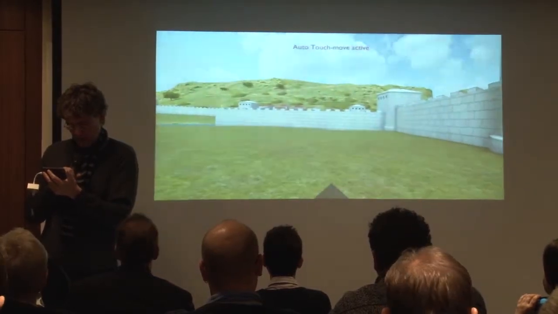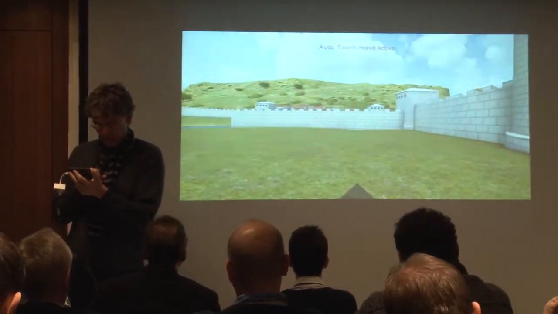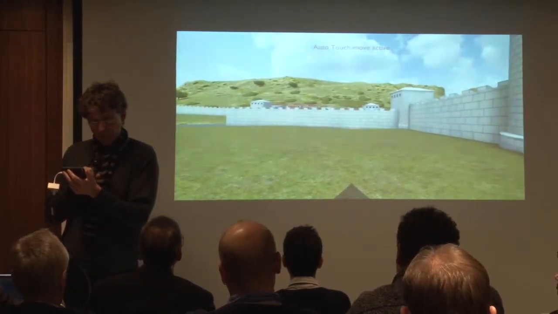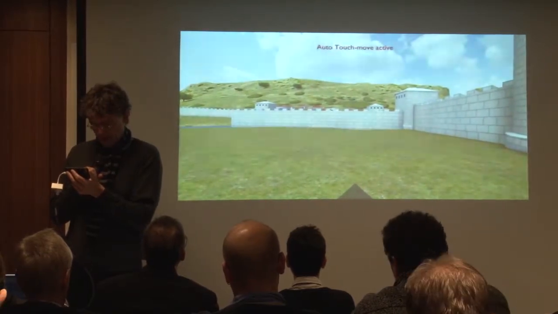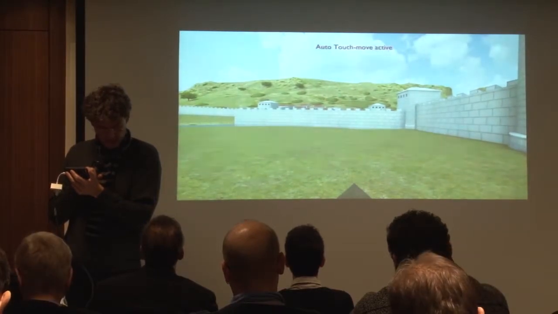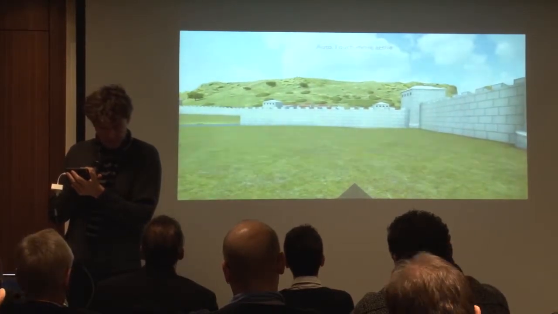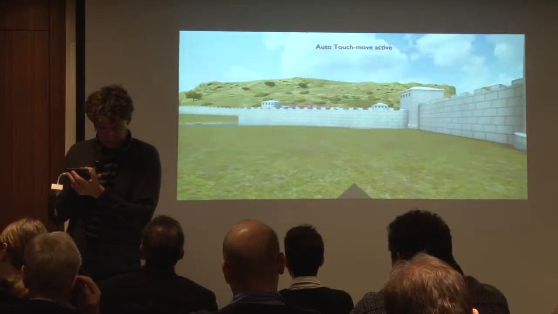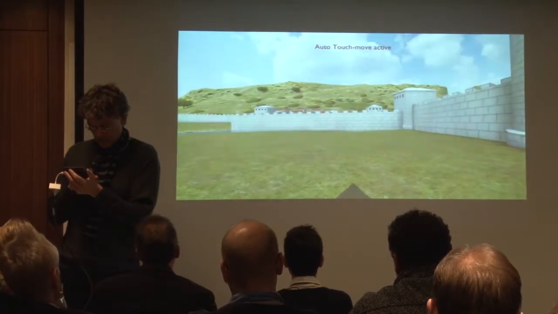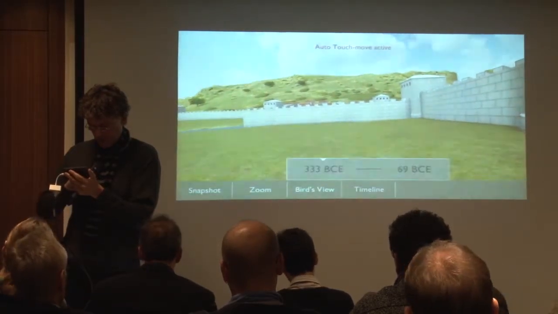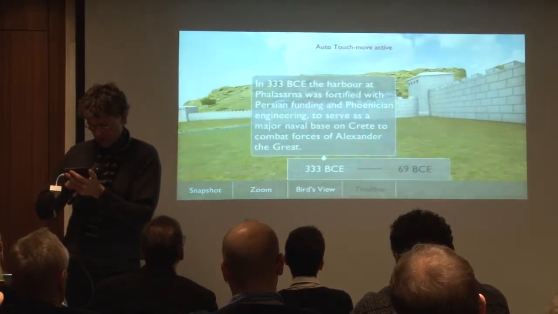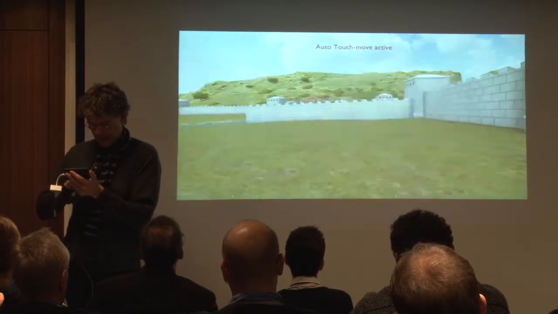Because this used to be a fortress, a fortified harbor in the 300s BC, but it developed into a pirate harbor during the Roman period, and it was eventually attacked by Pompey in 69 BC. So we have tried to make a timeline here so we can move from 333 to 69 BC,